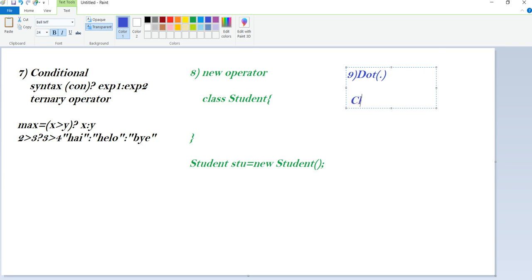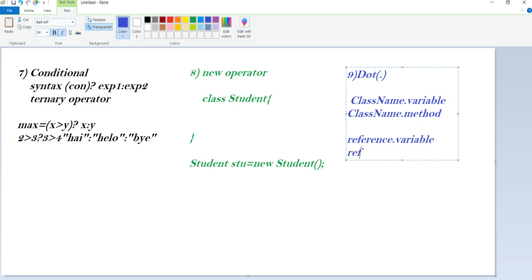We already saw packages. Here we define class name dot variable, or class name dot method, like reference dot variable, reference dot method, or package name dot class name. Like this we can define the dot operator.